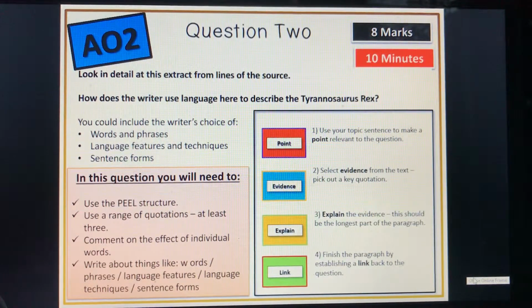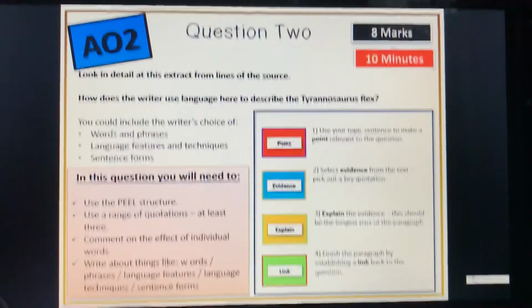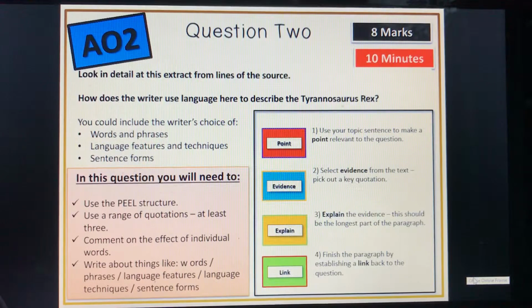AQA have suggested doing something called SQUEALS, which stands for: Spot it. So talk about, in your point, talk about the technique. And that's what Mrs. Miles would recommend as well. So the writer uses a metaphor. Just get straight in there with language. Quote, for effect. All right, what is the effect? You have key to this question.